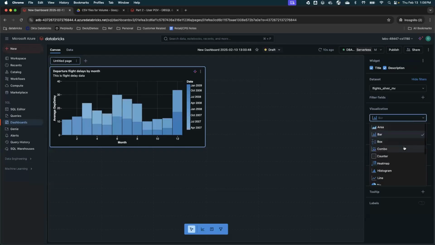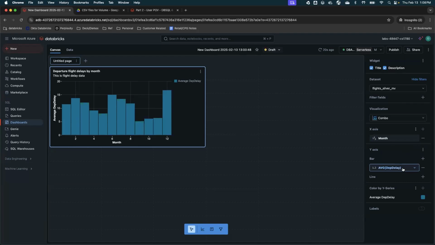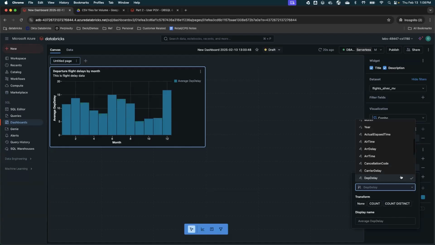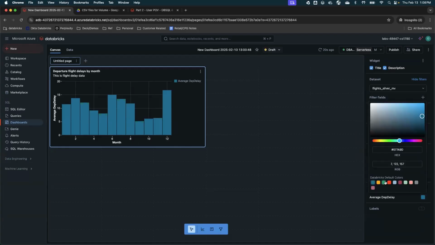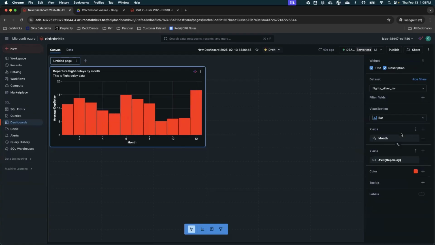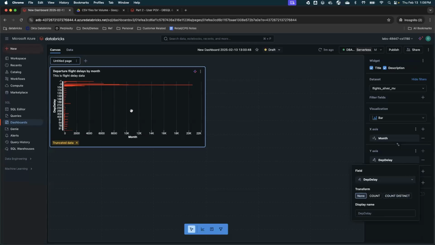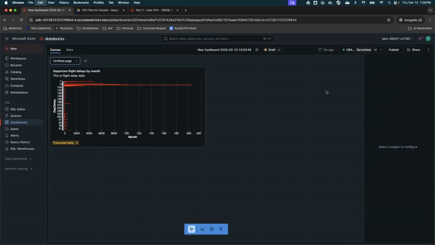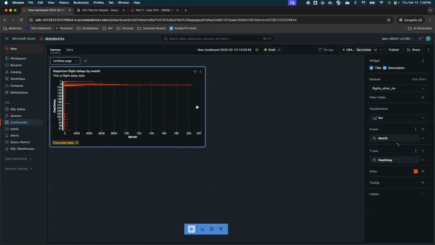If you select, let's say, combo chart, you can select if I want to add any aggregation. So I can select aggregation, and then I can select color, and that should be able to show me a different color. So you can pretty much select here any field you want to, and then you can apply the logic you want to put here, and it should be able to build a variety of charts for you the way you want to build. So that is how you build a different chart.